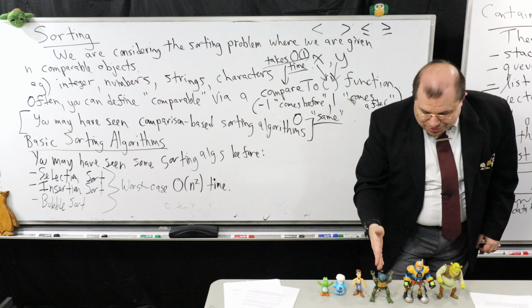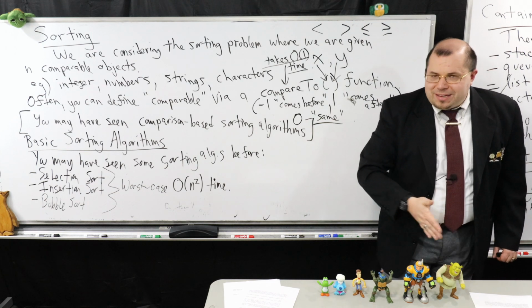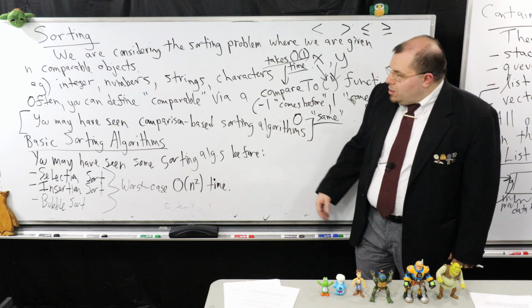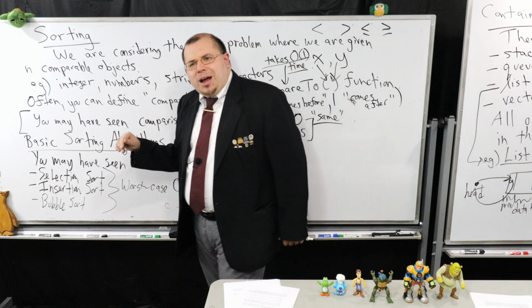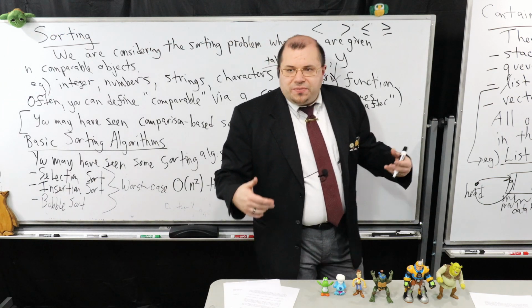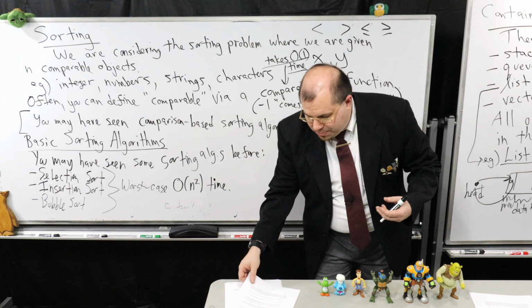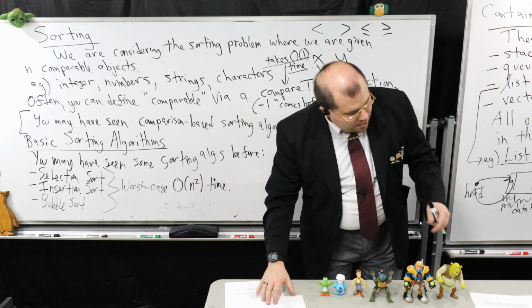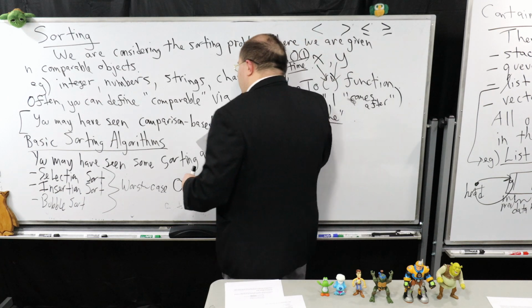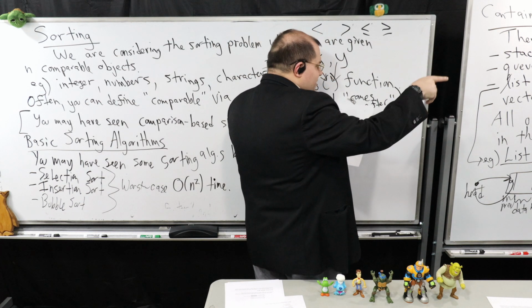But you'll notice that if I do this for each one of my friends now, notice everything, I don't have to do any more swaps. But all of these are based around a very similar idea like this. Now, all of these are examples of things called in-place sorting algorithms. So I want to talk briefly about that before I get too ahead of myself. So let's head over here,